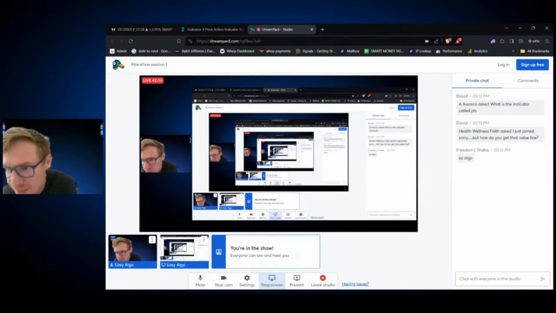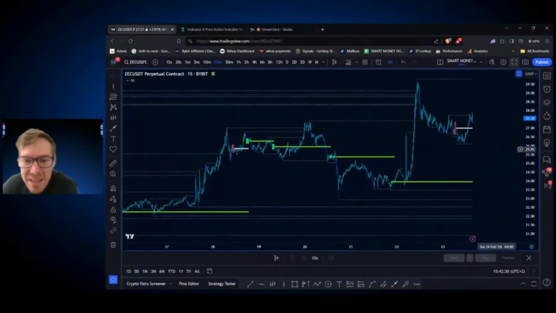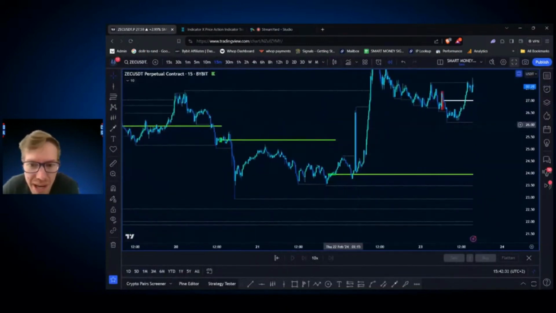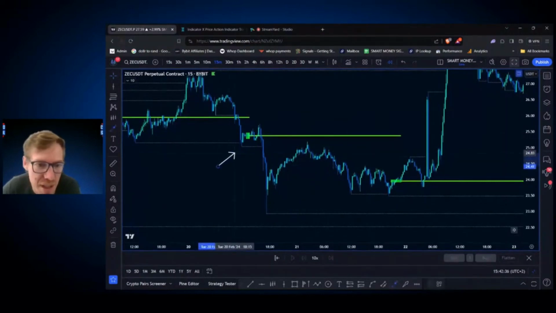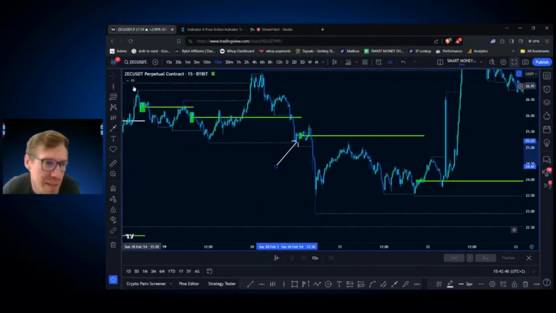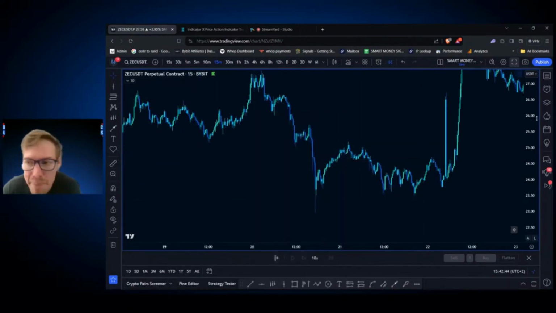How do you get that value line? Okay, wait. The value line is created based on these contraction levels. So when we get contraction in the market, we get a value line created from that. For instance, if I had to turn the indicator off and just show you how to manually figure this out,